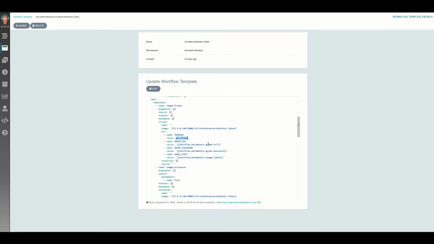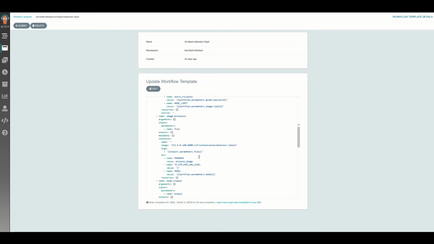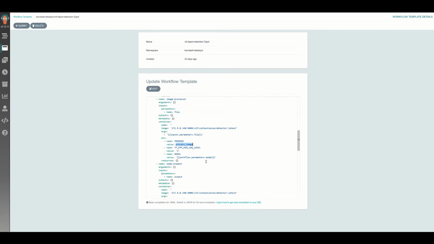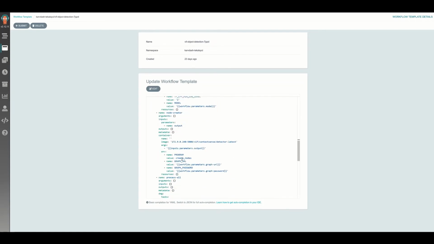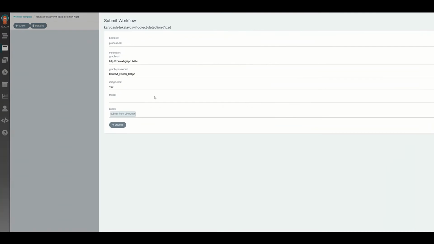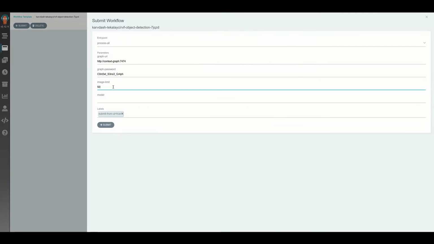First step is for retrieving files from the knowledge graph. The second step is processing each image that is retrieved in the first step. And the last one is creating nodes on the knowledge graph, which will be the result of this object detection. Let's submit that for 50 images,